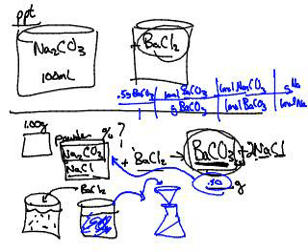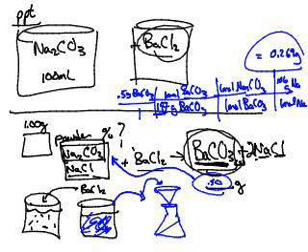I'm out of space here. I need to find out these 2 numbers. What are the molar masses of my 2 compounds, which I haven't figured out yet? So 137 is barium, plus carbon, which is 12, plus 16 times 3. So the first number here is 197. And this next number is sodium, so it would be 23 times 2, because there's 2 of them, plus 12, plus 16 times 3, gives me 106. So I take 0.5, divide by 197, times 1 over 1, times 106. And I get 0.269